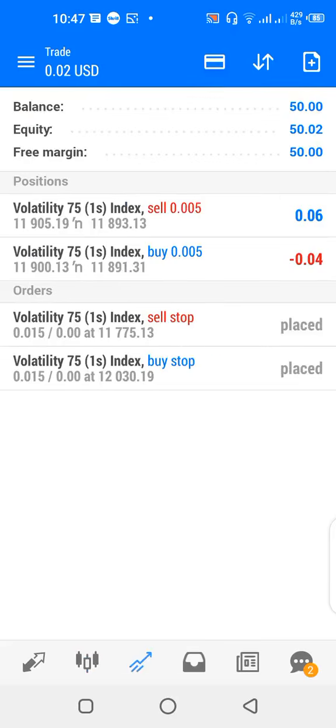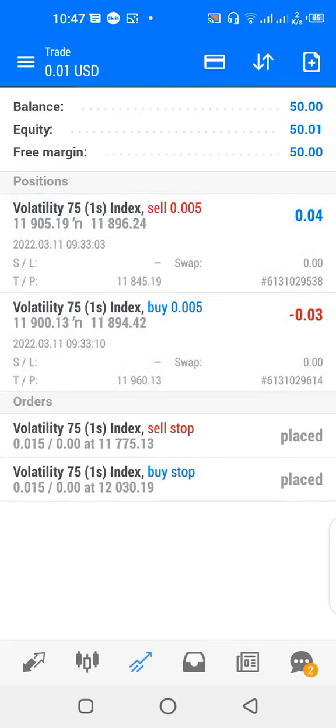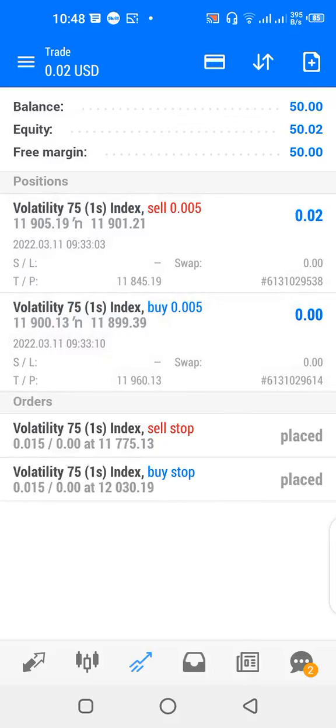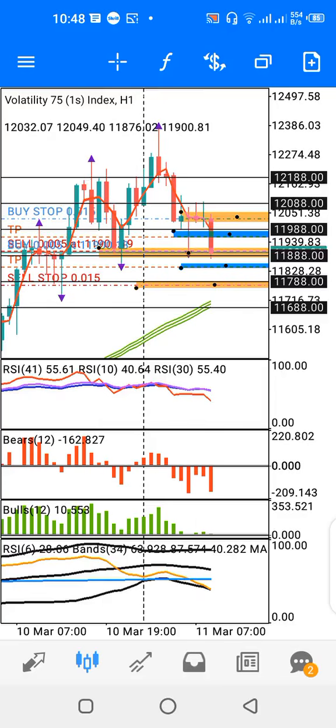So this trade is still going on. Currently, I'm using ultra evasive Grail Hedge strategy. Ultra evasive Grail Hedge strategy involves you placing the two trades like you have here at the same point. Okay, for V75 1S,